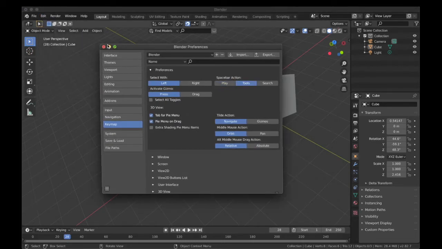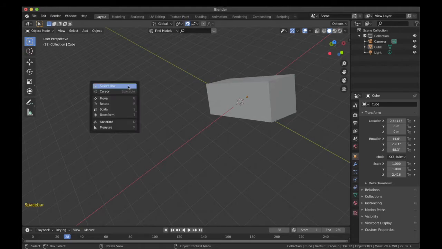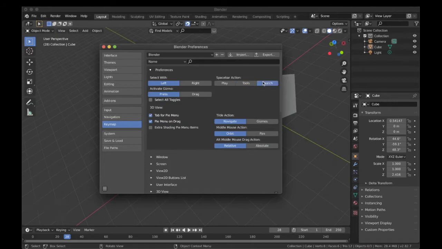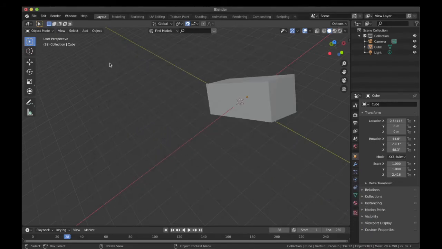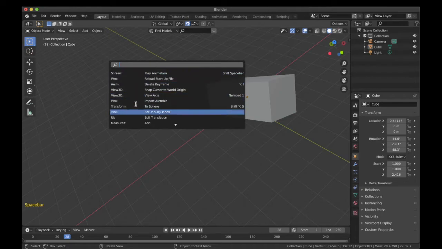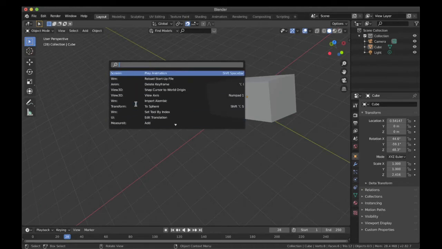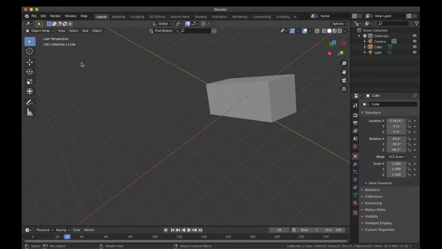Second is tools. Now if I select the spacebar option, over here you can see it is showing the same tool as it is showing in the left side of the UI. So it won't be of any help to you. Third is the search option, which is like if you are hitting space bar, you can search among many features of Blender, which is very useful while you are working. You can directly search for any of these options and you can implement them directly.